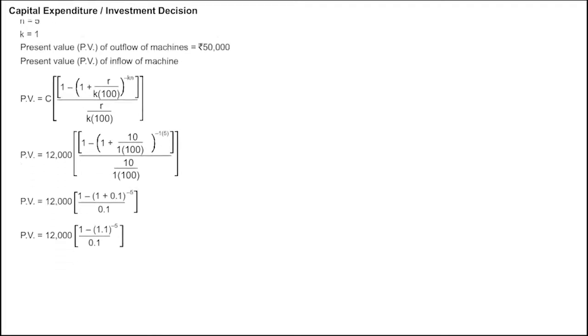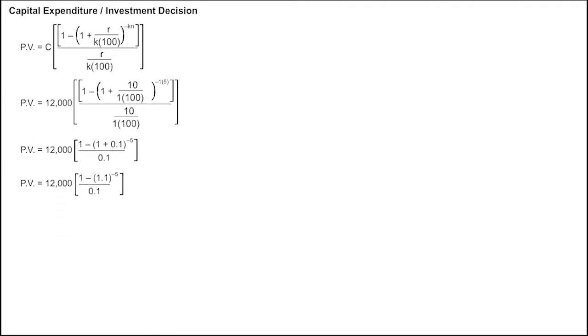So we get 12,000 into 1 minus bracket 1 plus 0.1 whole raised to the power minus 5 divided by 0.1. That gives us 12,000 into 1 minus 1.1 raised to the power minus 5 divided by 0.1. 1.1 raised to the power minus 5 is nothing but